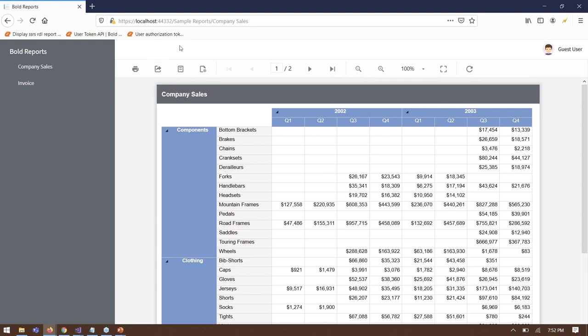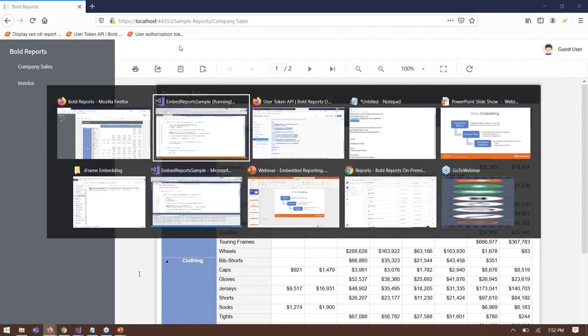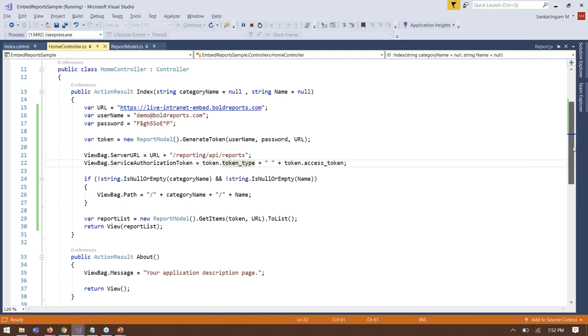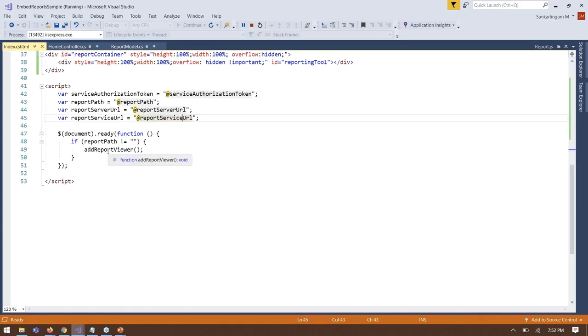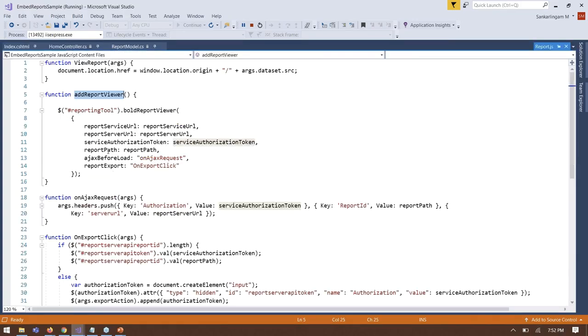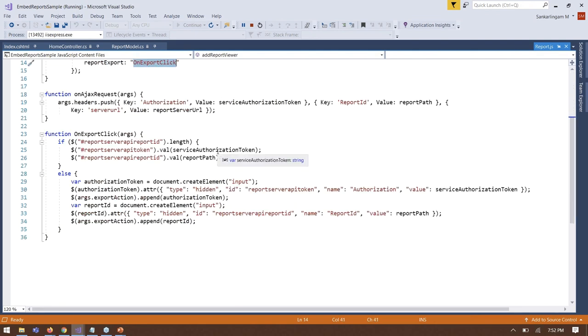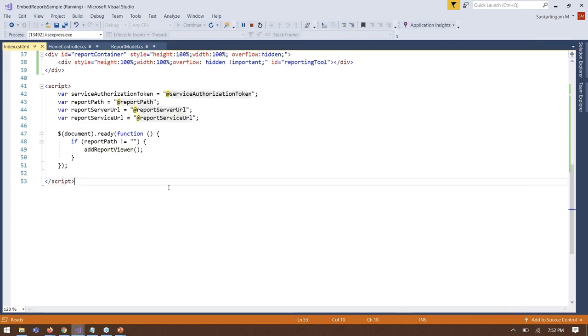In order to export the report securely, you have to pass the report authorization token in the export helper also. For this, we have added a method called on export click, and in on export click, I have passed the service authorization token to the particular element, so the reports will be exported securely, and the data that are owned by the particular user will be exported in the desired format. That's all about the reports embedding using